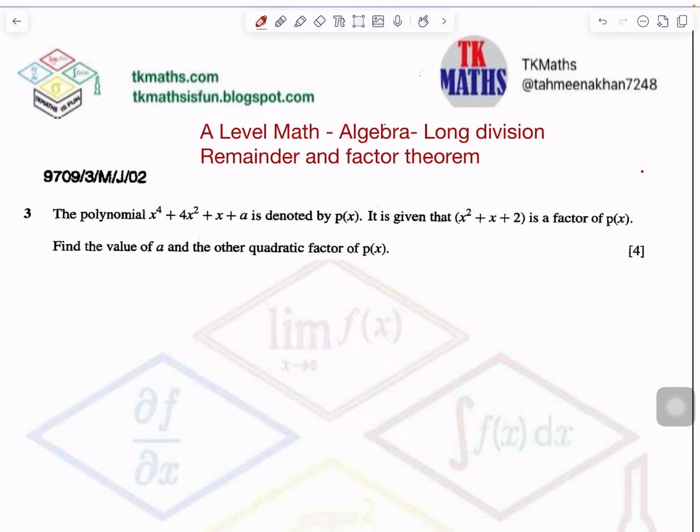In today's video, we will solve a remainder factor theorem question, rather a polynomial question I would say, and we cannot apply the remainder or factor theorem in this case. Let's see why. We have to find the value of the unknown in the polynomial. You can see here, this is your polynomial and it is denoted by p of x as is mentioned in the question. So let's write it down here first.